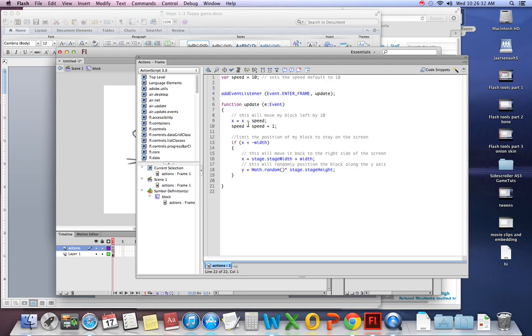Now I'm not actually referencing any names because my event listener is an enter frame event. As long as my block is on the screen, all of this will occur. So anytime I reference X, I'm referring to the X coordinate of the block. Okay? Now if we have everything spelled correctly and you run it,